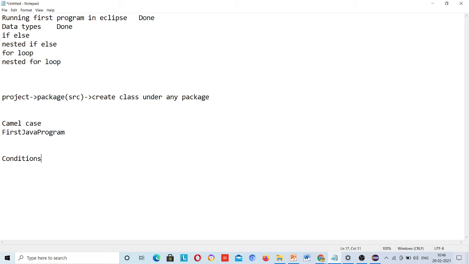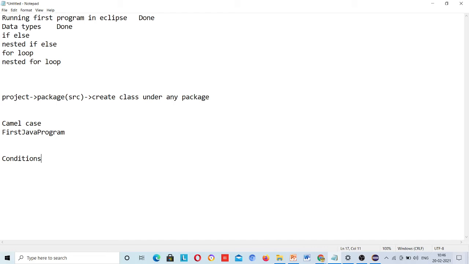This is actually India's rule, the constitution, that people less than 18 cannot vote and people 18 or more can vote. So this is a situation where you have to choose between one. If you have to choose between one, then of course there should be some statements which allow you to run some code and reject some code.